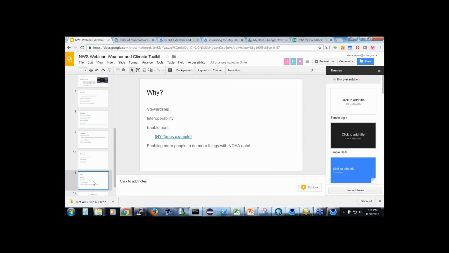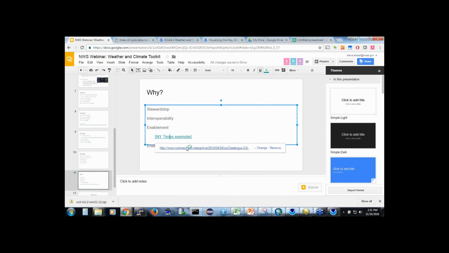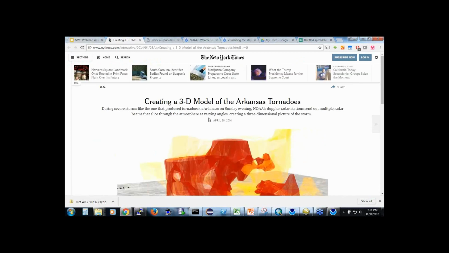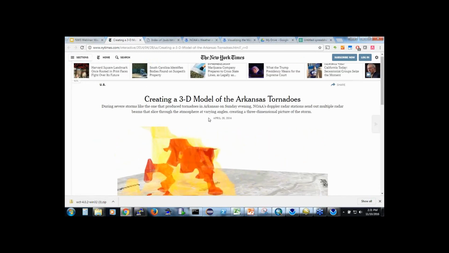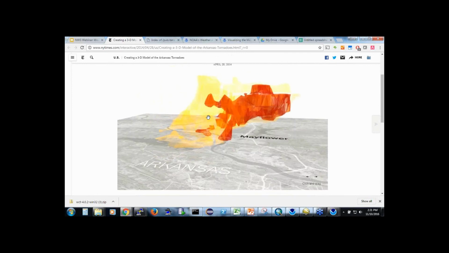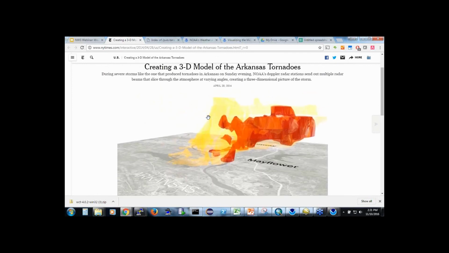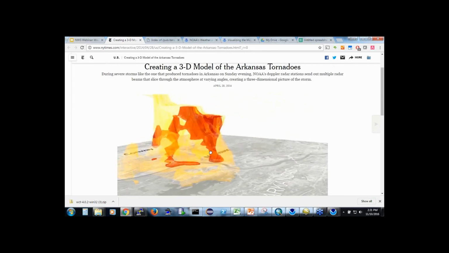And then it's also about enablement, really enabling more people to do more things with NOAA data, allowing our data to make more of a difference in people's lives and the economy, and so on. And here's an example that the New York Times used, using some of the 3D radar capabilities that I showed earlier. Now, this was really great in a number of ways. One, they were able to create a 3D model using the Weather and Climate Toolkit,